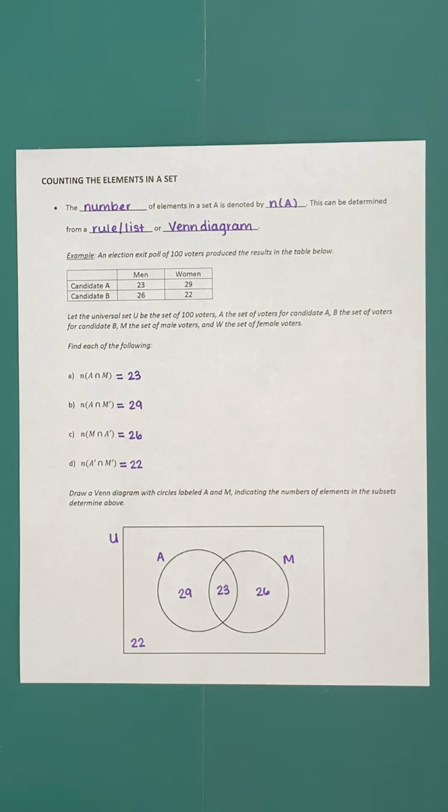So based on these numbers, we want to draw a Venn diagram with circles labeled A and M in order to organize this information. Now we have 4 sets defined. We have the set U, which I guess makes a 5th set, and then we have the sets A and B for people who voted for different candidates, and we have the sets M and W for male voters versus female voters. So why would we draw a Venn diagram that only involves 2 of the 4 subsets of the